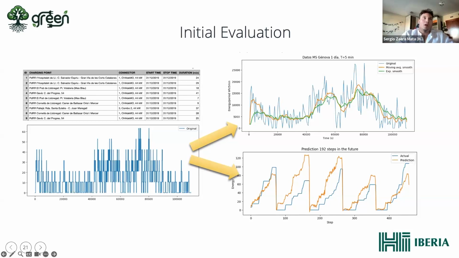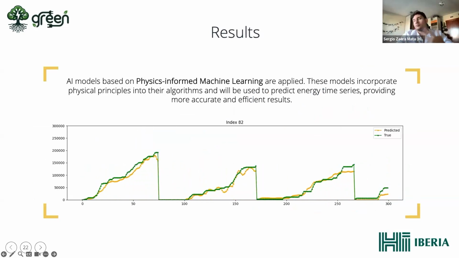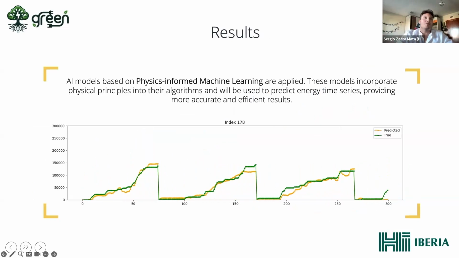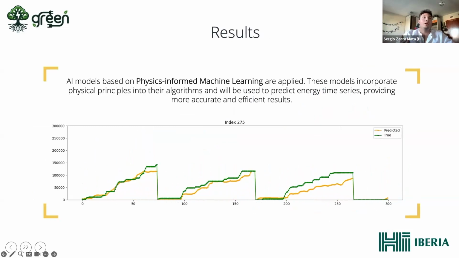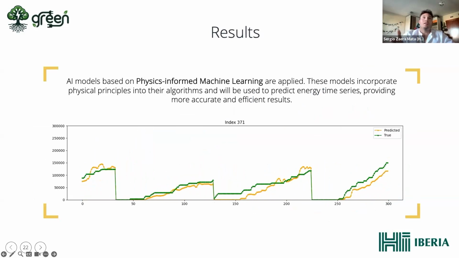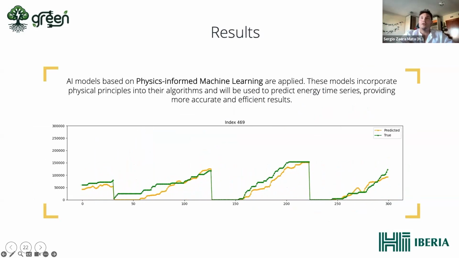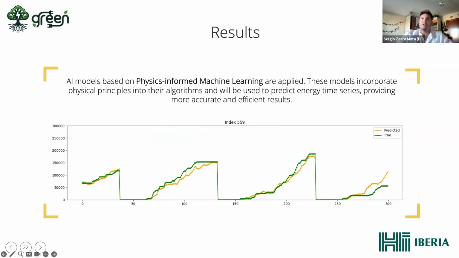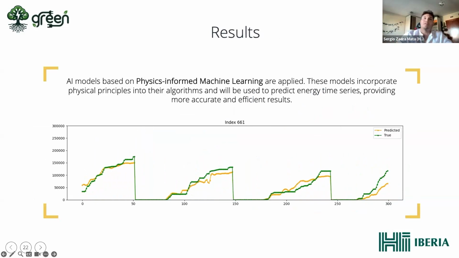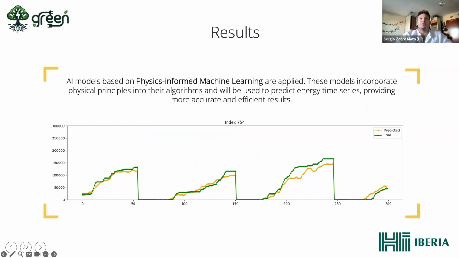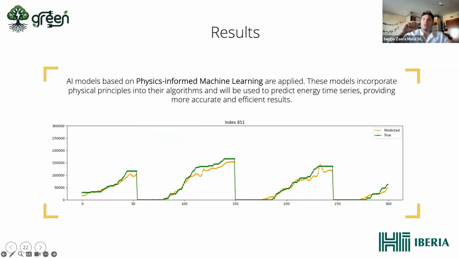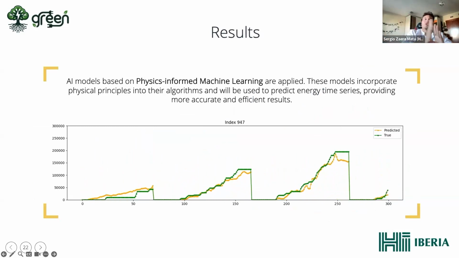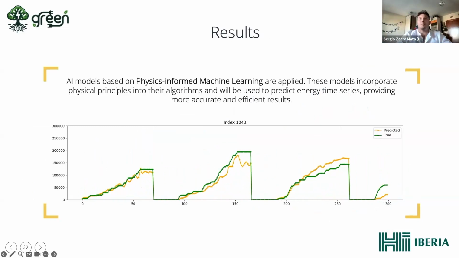This was, let's say, the experiments with the traditional models, but the real results are here, which a few of you may have seen, because I presented them at the Fraunhofer monthly, at the year summit. These are done with physics-informed machine learning, and these models incorporate physical principles into the algorithm, so they can be better and more accurate at predicting this energy time series. You can see that the prediction is also adjusted because it gets the new data that it's receiving from the instant zero, let's say.